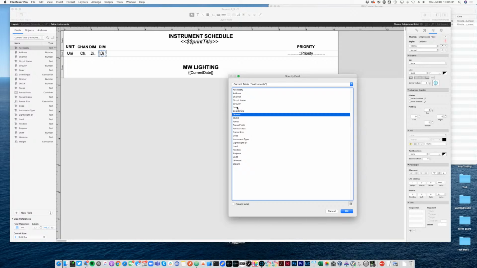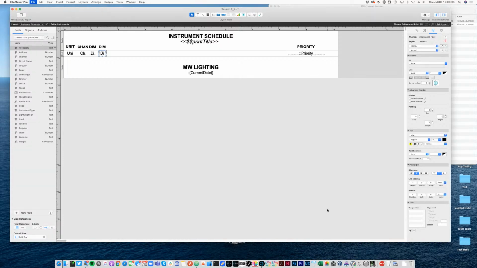Circuit. Now here's a good thing we should look at when it comes to our instrument record. When we want to lay our circuit out here, as you know, we have two different circuit fields. We have a circuit name and we have a circuit number. So it depends on how you lay out your circuits. Sometimes, I personally don't separate those things. For circuit number, I just put a 1 through 6 or B1 through 6 or whatever it is. I like to have it in one field. But if you do separate it out, it can take up more real estate to put two more columns here. So rather than using just one of those two, I'm going to come into my database